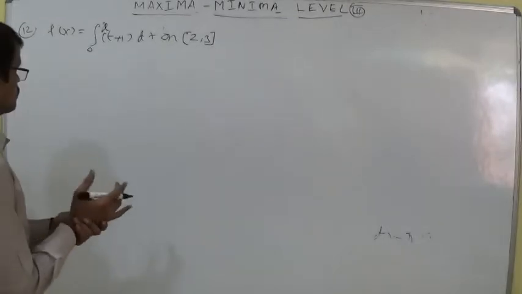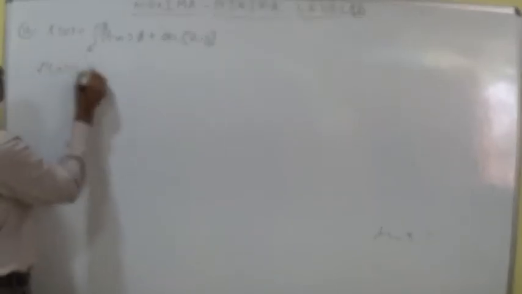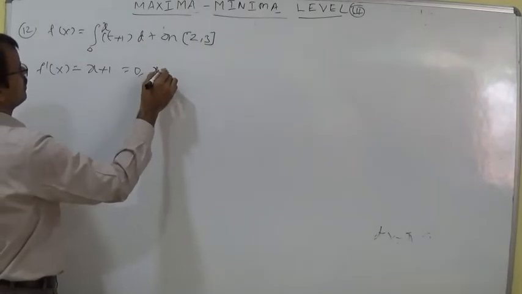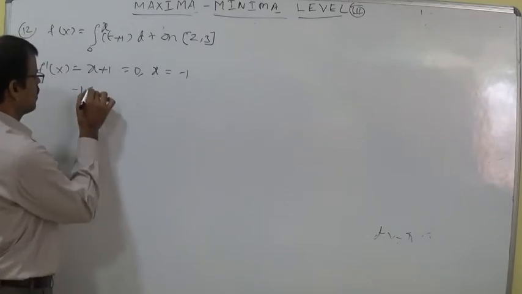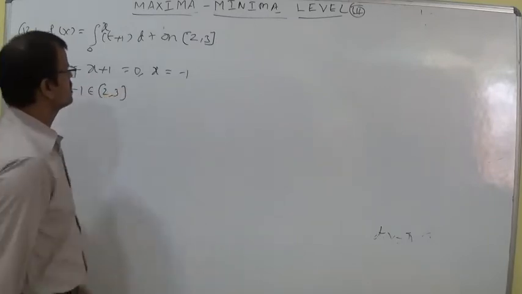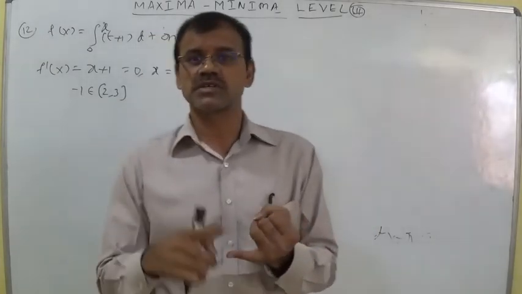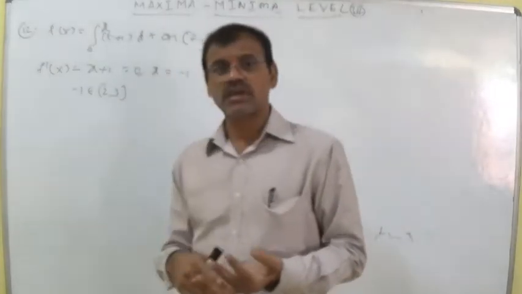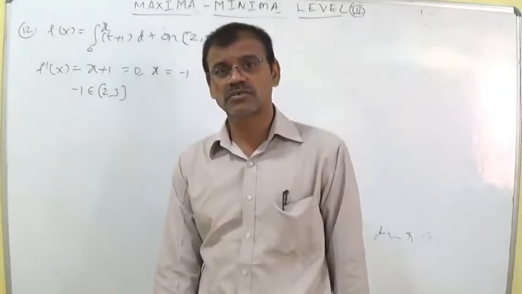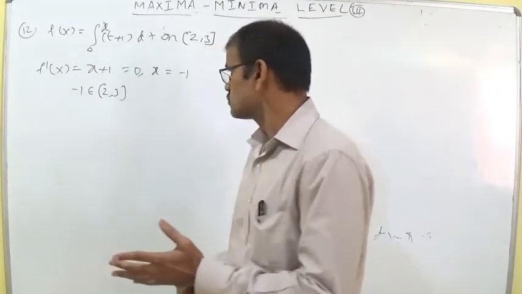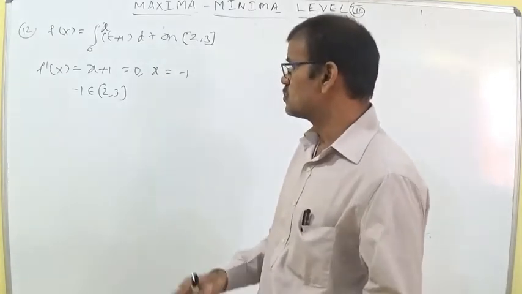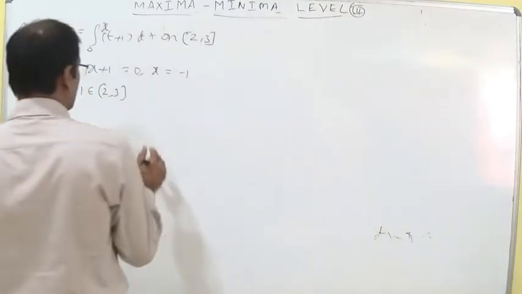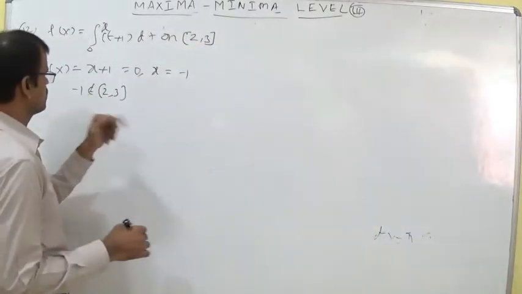Well, let us discuss the f dash x condition. F dash x, using the Leibniz theorem, students, I am writing x plus 1 equal to 0. So x is equal to minus 1. No use, because minus 1 does not belong to 2 comma 3. If the function is continuous, then it is differentiable and its derivative exists. Whenever the derivative exists, the antiderivative of the integration should exist. Here the integration is given, so the integration exists. But according to Rolle's theorem, this is not right, so minus 1 should not be there. So using the derivative is not possible. We should consider the given values.